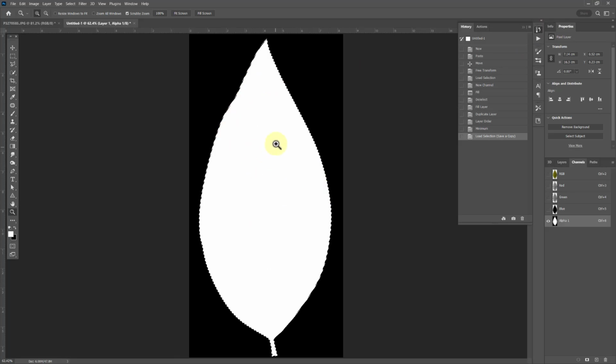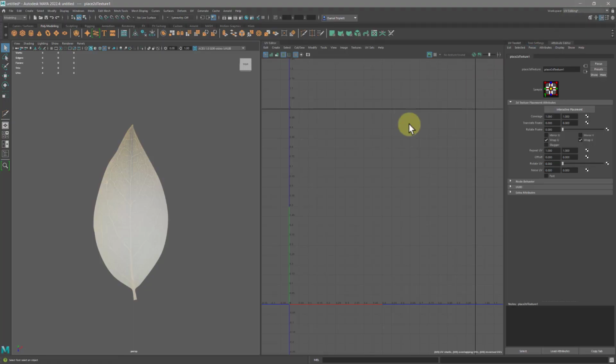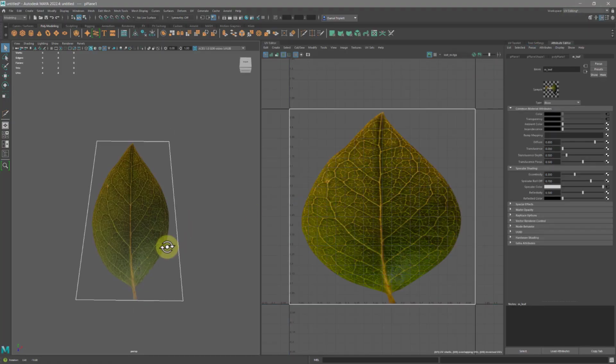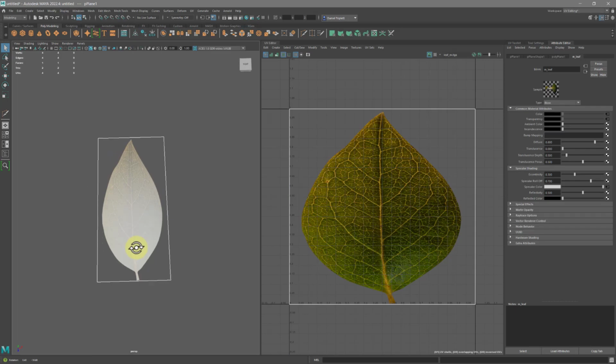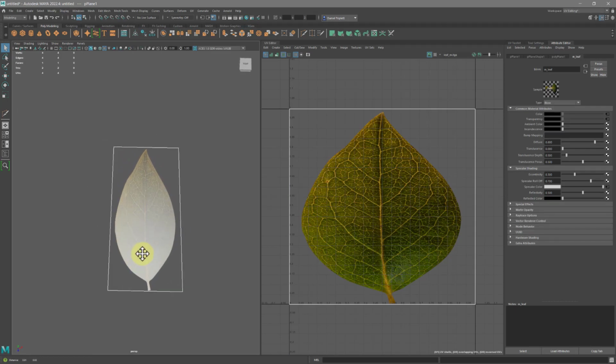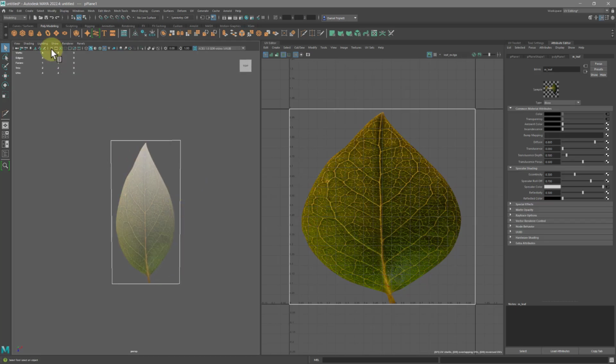But if I was going to make a spec map for it, which is actually probably the best way to go, but for this I'm just showing an example, I would just make sure the outside of the spec map was black like this. Okay, so we've got our plane, and this is ready to get exported. Just imagine this is on a whole tree, but we're just showing how you set up a leaf in